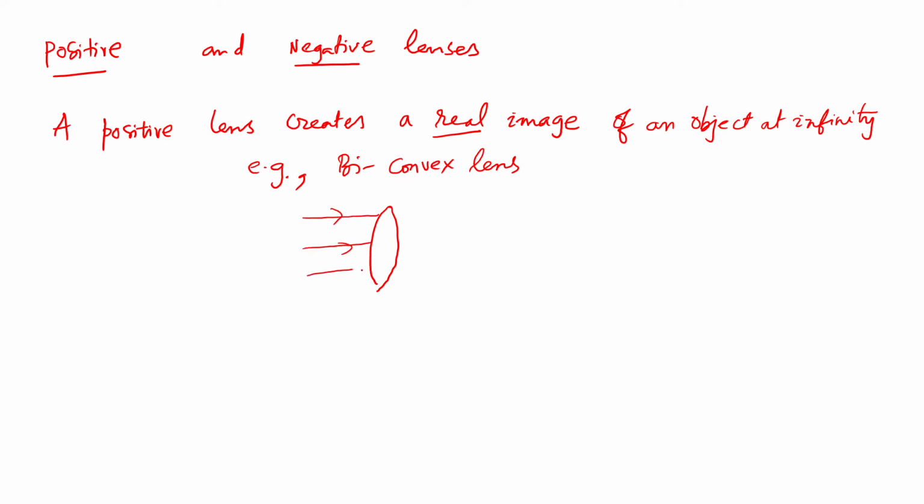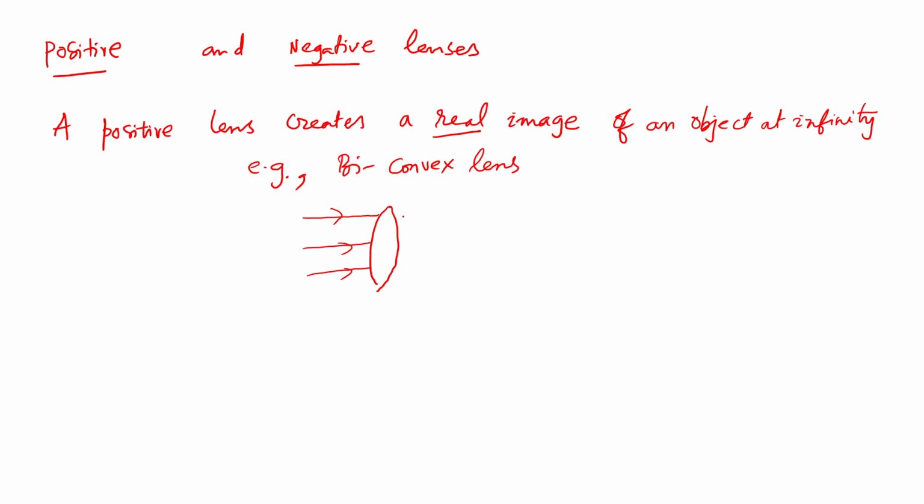Biconvex lens, if I have an object at infinity, then those rays look parallel. Then I would have them converge, right? So they're converging in reality. So this is the focal length. So this is a positive lens,